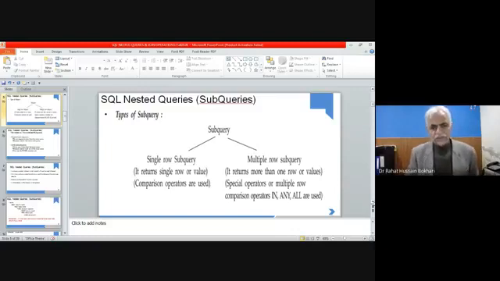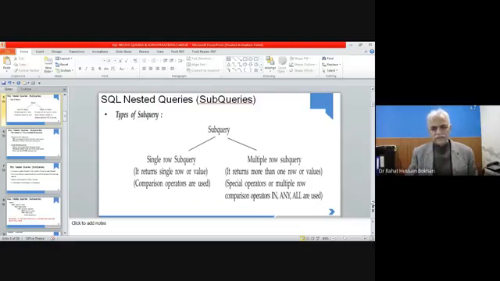Furthermore, I told you that subqueries may be of two types: single row subquery and multiple row subquery. A single row subquery returns a single row or a single value, and then comparison operators are used to compare the value with the outer query, and then we get the results.